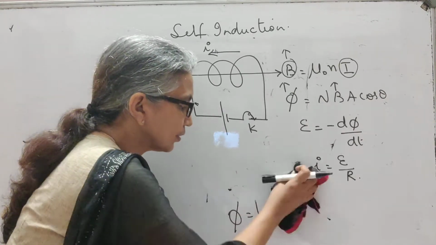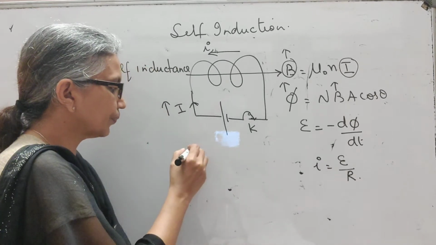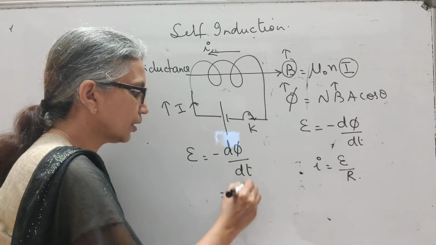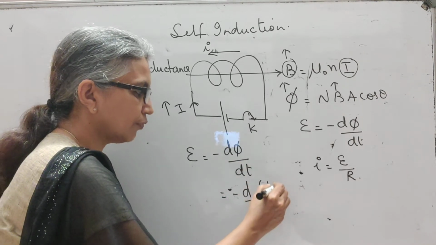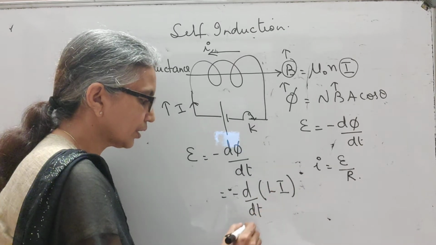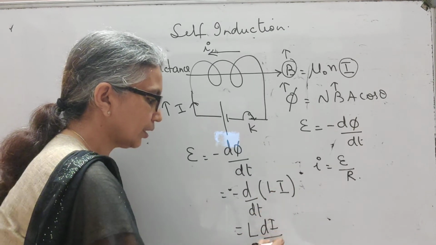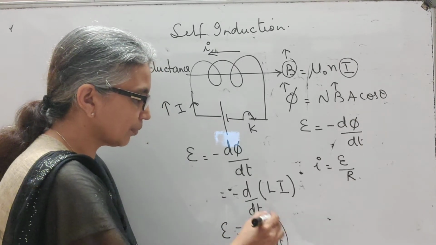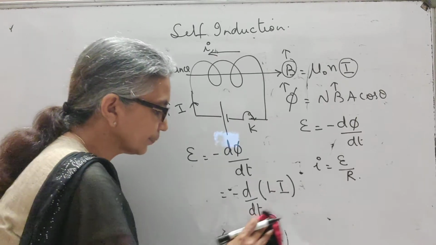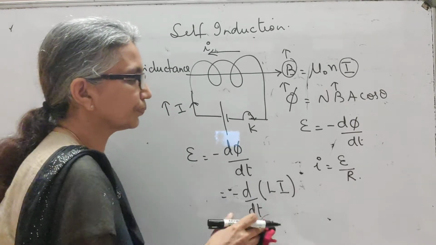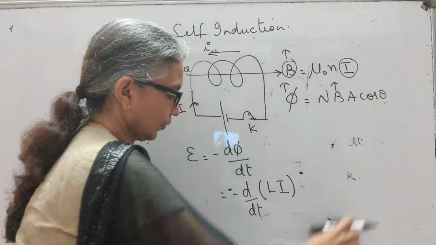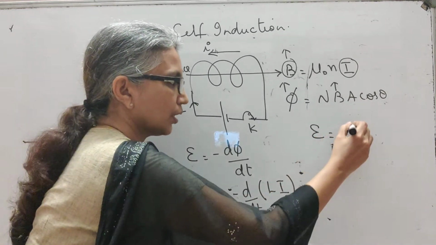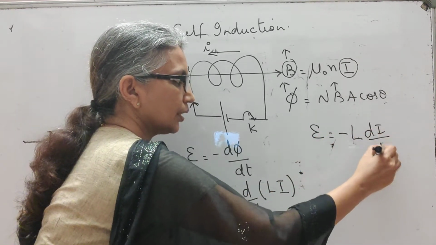The other way you can define, so flux phi is equal to Li. The other way you can define self-inductance L is, EMF is equal to minus d phi by dt. That is minus d by dt of phi, we just saw, is L into I. If I take the L outside, it's di by dt, which is the induced EMF. Let me write it here. So, we have induced EMF. I'm going to take this constant L outside. So, we have di by dt.